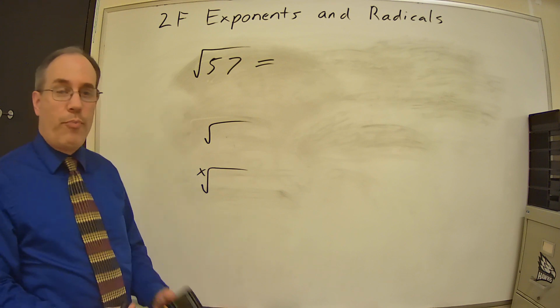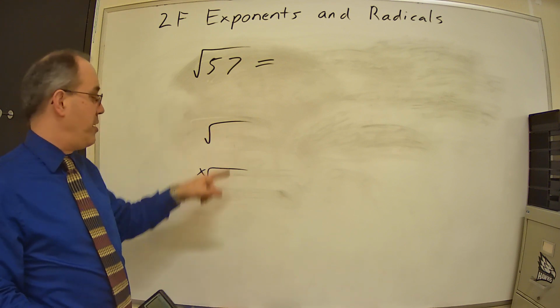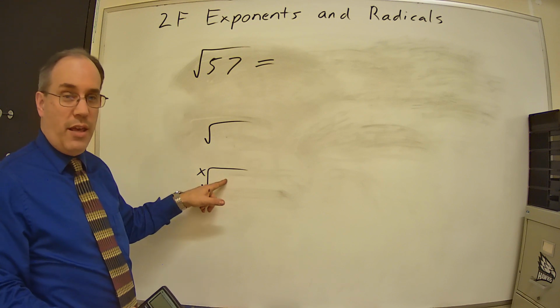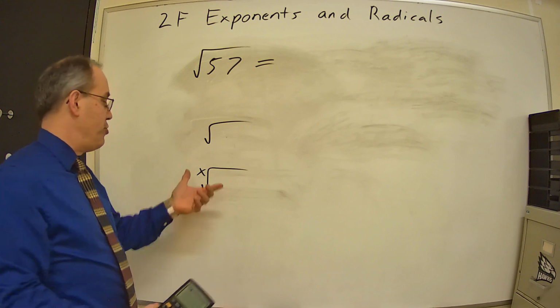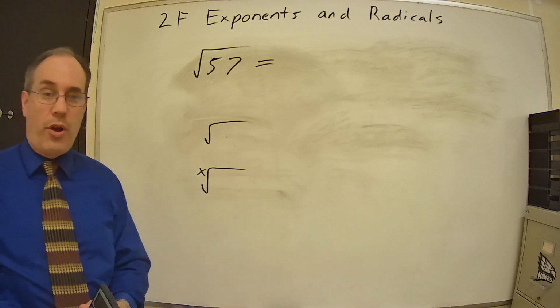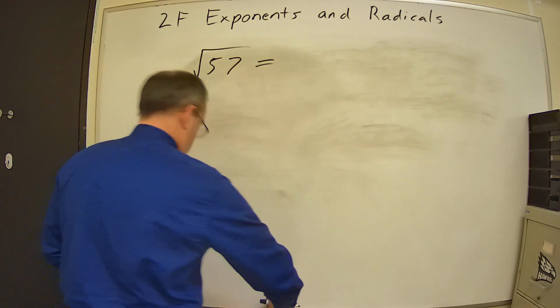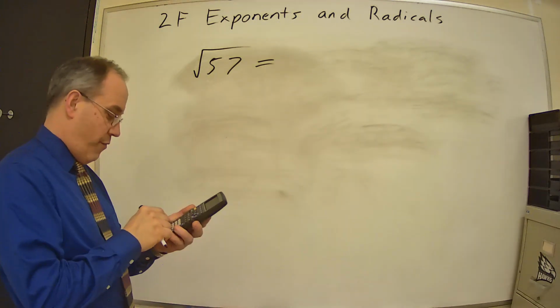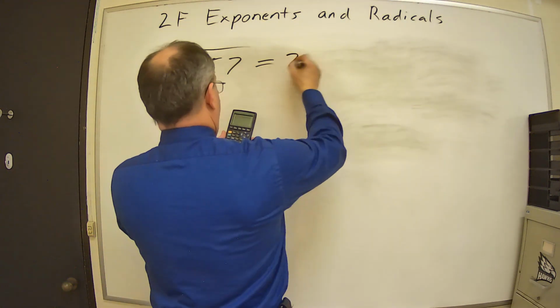So just be careful, make sure you grab the right one, because if you're taking the square root, you want this button. If you press this button accidentally, it's going to take whatever number you already have in your calculator and use it as part of the calculation. You're going to get the wrong answer. So if I want to take the square root of 57, I get my square root button, then I go 57, enter, and I come out with